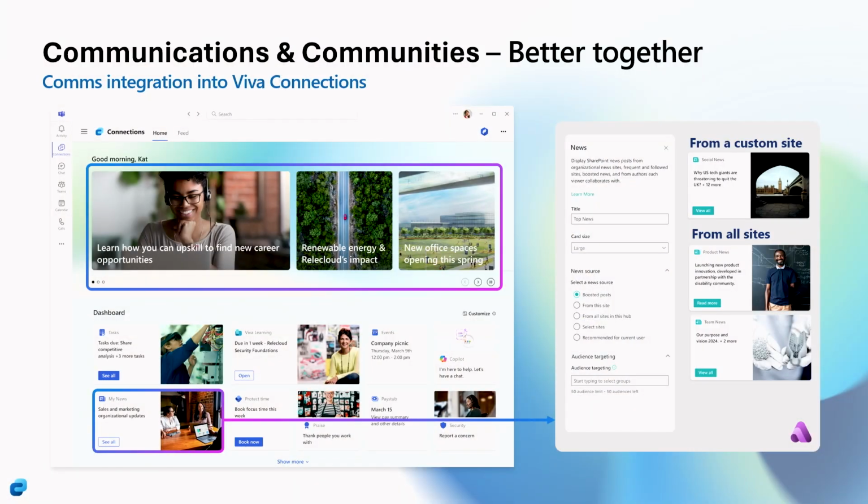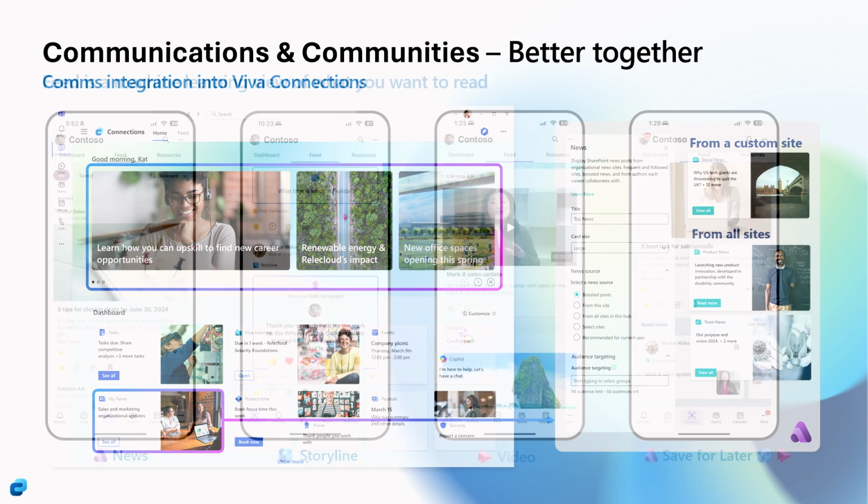So first and foremost, communications and community. We have a desktop experience with what we call this new Spotlight UI and news cards. Now, this is heavily based on SharePoint News, which, as Naomi will tell you, is a masterful orchestrator via Amplify. So as you do custom campaigns that go to SharePoint via Amplify, they're automatically going to show up in the Spotlight control, as well as special news cards to give you pop and instantly know, hey, here's something I should check out. But it's about more than that.